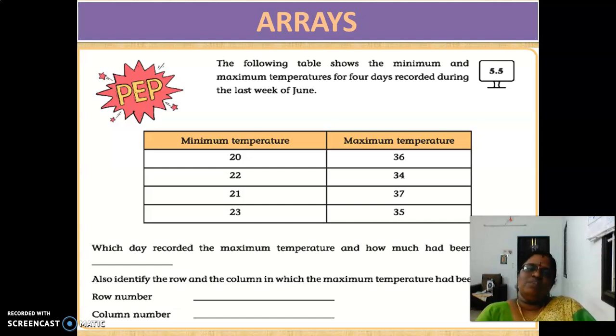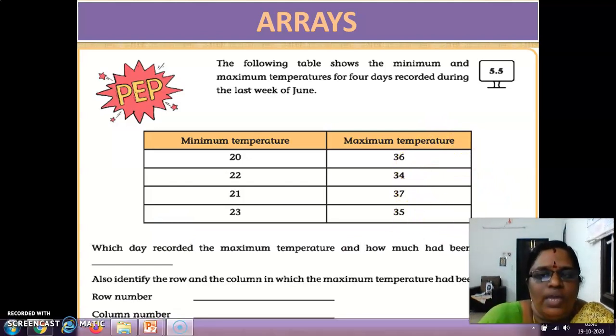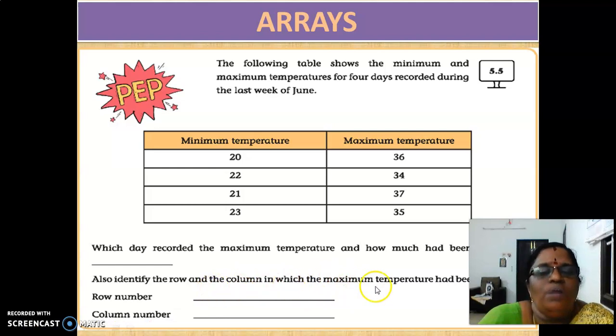Likewise, minimum and maximum temperatures have been given. Which day recorded the maximum temperature, and how much has been recorded? Also identify the row and the column in which the maximum temperature has been recorded. So, row number, column number.